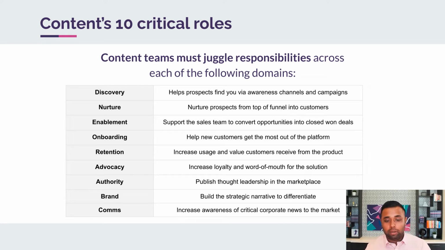Fourth is onboarding. Now that we've closed the customer and they're ready to get our product adopted into their organization, well, we need to help them get the most out of the platform so that they stay with us long term and don't, let's say, churn in 90 days or a year's time. And so this is where we might work with customer success, we might work with product in a PLG model, and really get the customers to understand what all the different value points inside the product are and how they get the most out of that functionality.